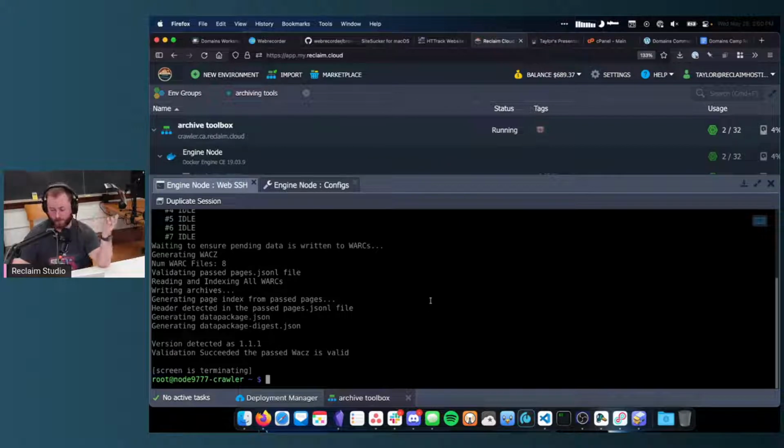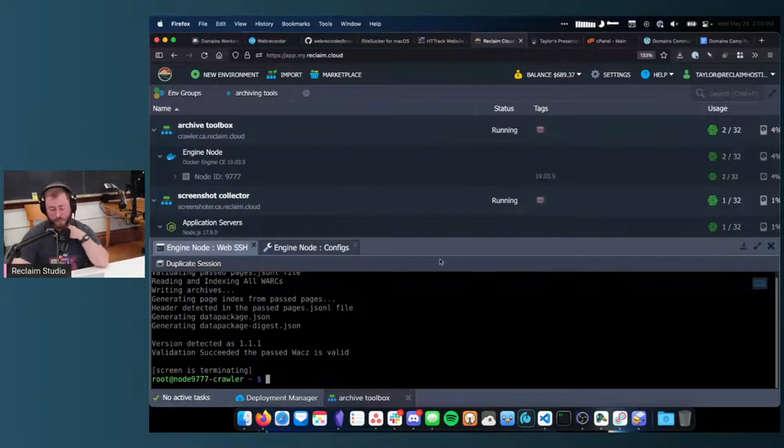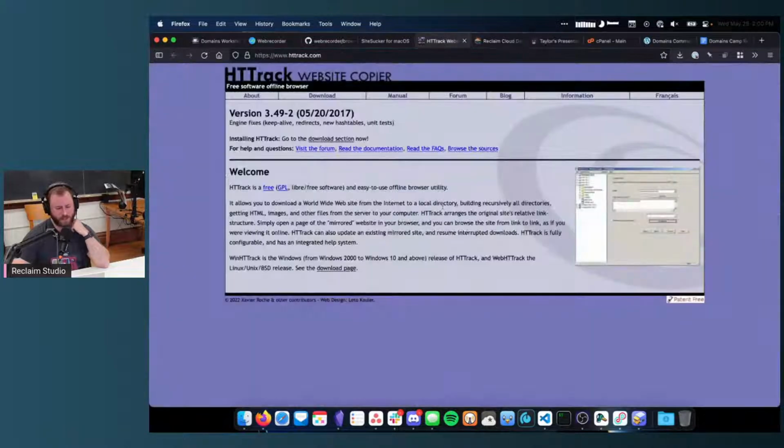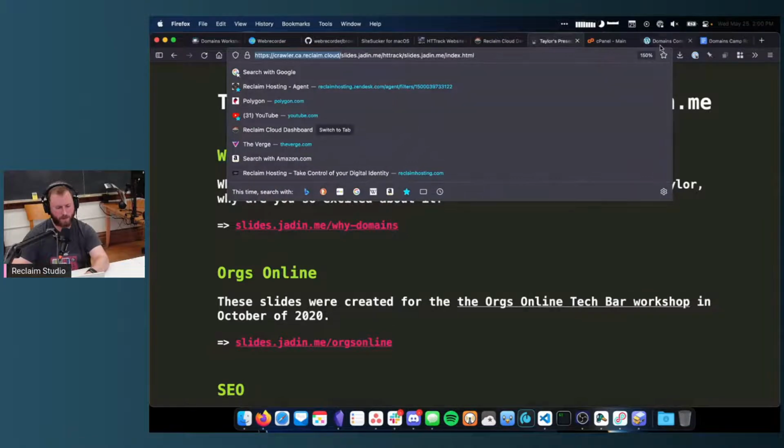I've been using it for plenty of sites, but oftentimes when you're doing this on a larger site, it'll take 20 minutes to run. So if you start an archive and close your terminal session, it's just going to keep doing its thing in the background. So that's the HTTrack version, but I also wanted to show